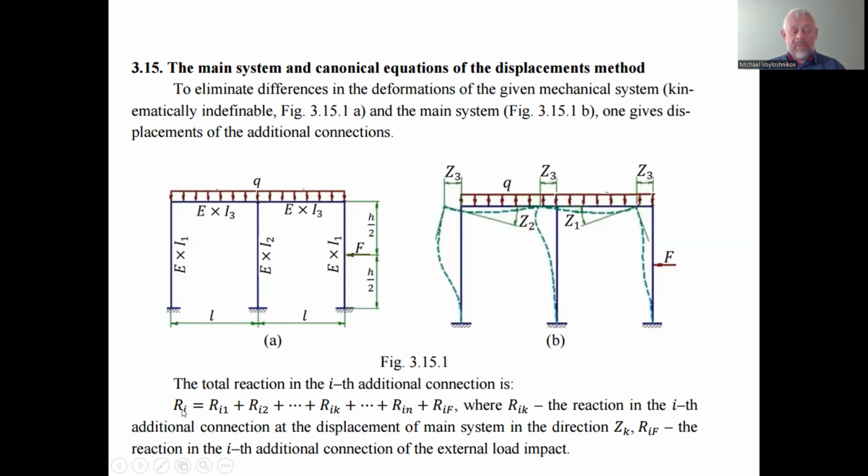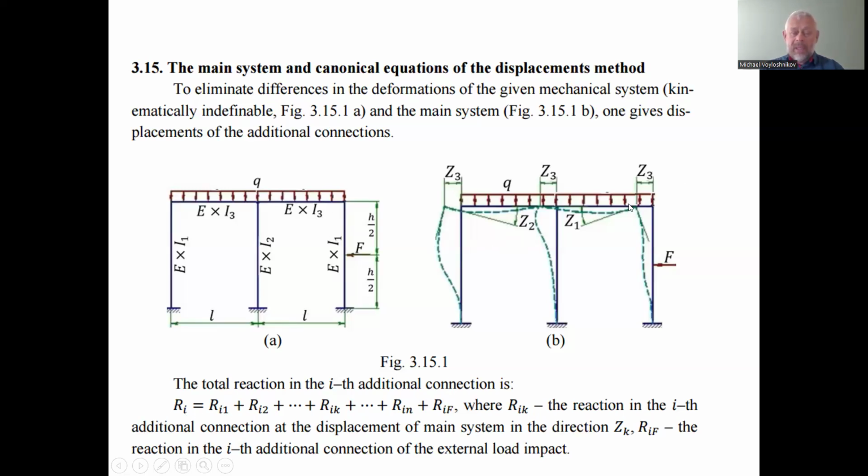So the canonical equation is the definition of the force action in the adopted new connections of the mechanical system when doing the main system of the assigned one, as an equivalence, due to the concept of superposition or independence of action of all forces in the elastic systems, as a total of the force in the installed extra embedding, for example in this one rigid corner, rotated by the angle Z, on behalf of the force acting in the second direction. Excuse me, for the first one,